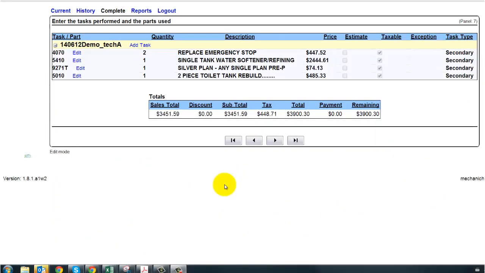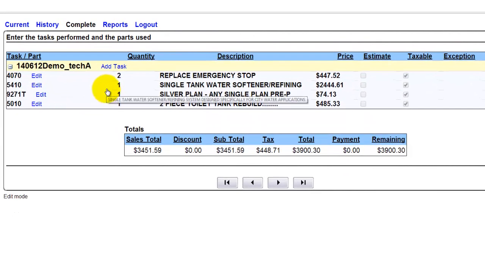Hey there, in this video we're going to discuss how to add parts to a task and also how to add tasks individually. So here we've got a job that's currently going on that we're completing after the physical work has been done. So in order to add a task, we are going to click the Add Task button,